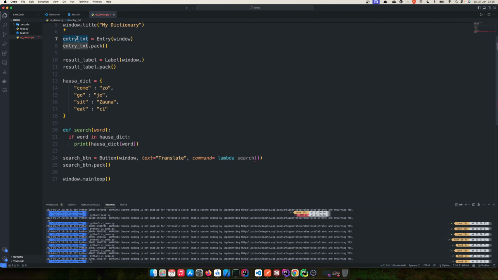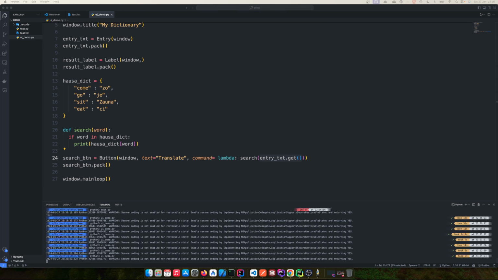So whatever the user enters here, we have to get that value, and to do that we have to say entry text dot get. So this is now going to get the value of whatever is entered into our text field. So let's run this now. So let me enter